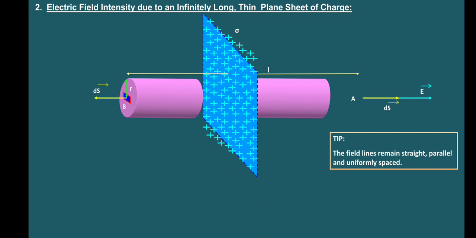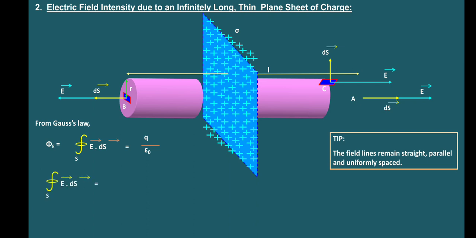Then consider three surfaces on this area, that is on either side, points A and B, and another one on point C. Now from Gauss law, the flux is equal to integration over E vector dot ds, or E ds cos theta, which is equal to q by epsilon naught. That is what we studied in Gauss law. What is the flux through this infinitely long thin sheet that we need to calculate? Here I consider three surfaces on the sheet, that is A, B, C. Let us calculate the flux through A, B, C.